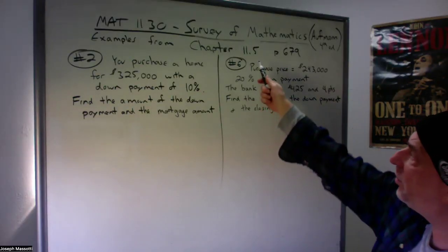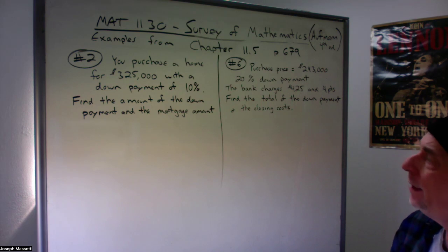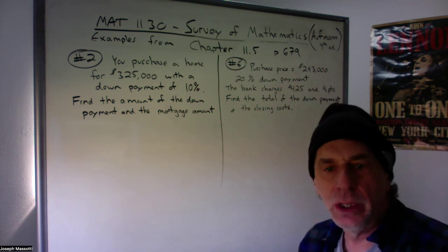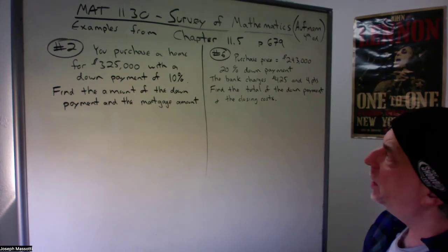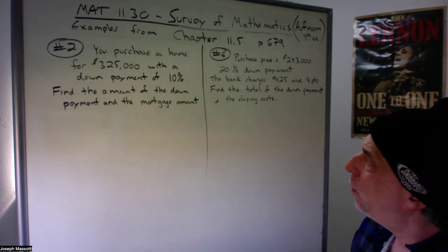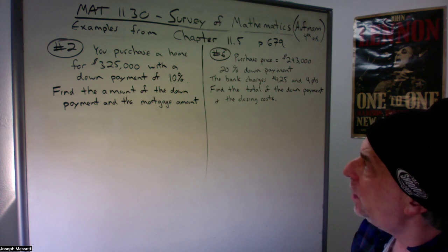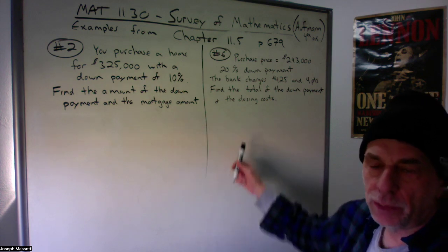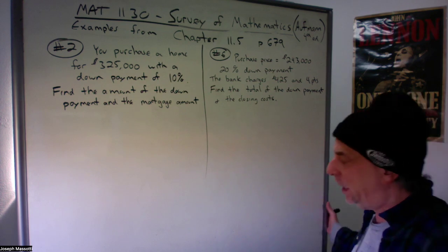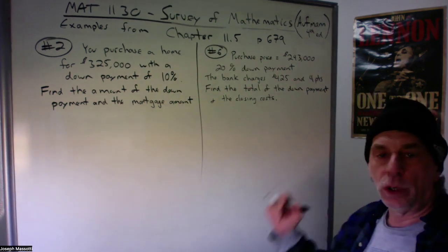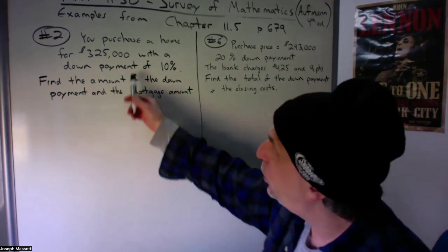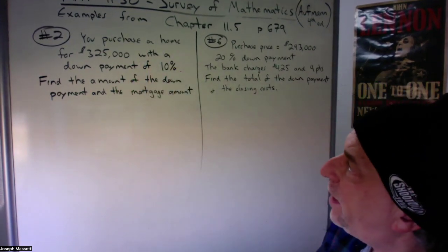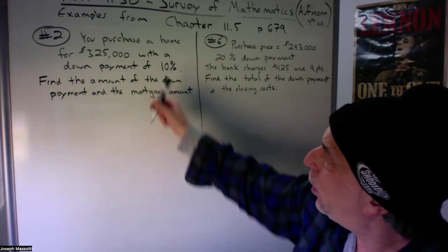Okay, we're on to 11.5, page 679. It has to do with home ownership. A couple of questions dealing with mortgages, down payments on houses, things like that. So we're going to do number 2 and number 6 here, and then we will look at a couple of more in this section. All right, so here, number 2, we purchase a home for $325,000 with a down payment